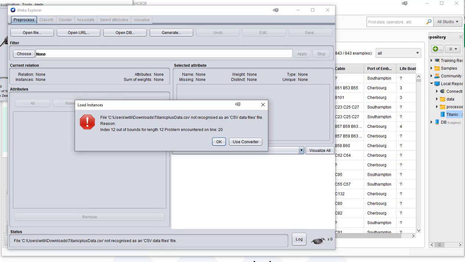Okay, so Weka is not so friendly. And Weka says that there's a problem encountered on line 20. So just to see what kind of issues you might face with Weka, let's open this file up. And I'm going to use a text editor to open it up. I'm not going to use Excel to open it up because we won't really be able to see the problem. But if we use a text editor, we might be able to see the problem. So I use a text editor here called Notepad++. So let's try and open up that same file using Notepad++ to see if we can figure out what the